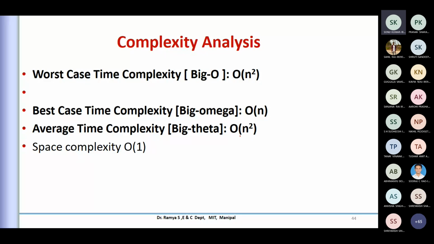and average is going to be O of n square. If you see this comparison table, it is the same as your bubble sort, because the comparison happens within one loop to another. Only the way we swap is going to be different here. Okay, so that is the comparison. You can see it with your bubble sort.